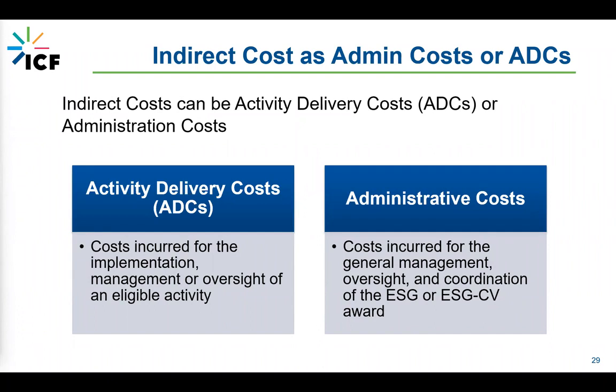However, since indirect costs represent a percentage of direct costs, grantees and subrecipients incurring direct costs for an ESG or ESG-funded activity can also incur indirect costs for the activity itself. And this is referred to as an activity delivery cost, or ADC. ADCs are costs incurred for the implementation, management, or oversight of an eligible activity. So there, again, it's kind of like you can tie a string between the cost itself and the actual activity